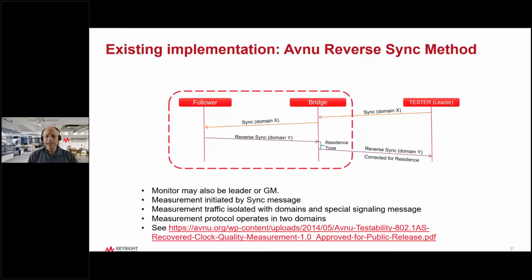Yeah, okay. Now, how is this different? Let's say everything is operating in unicast. Is there a need to do this? In unicast, you don't have to use a different domain. The Avenue implementation was focused on gPTP, which uses multicast. So that's why they use a different domain. I should have led with that. Because the Avenue implementation was focused on gPTP, which is always multicast, a different domain was used.